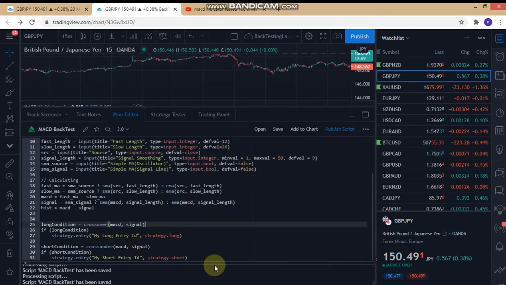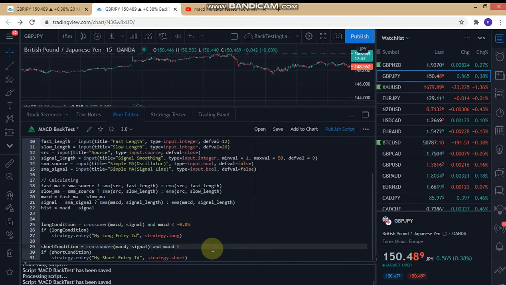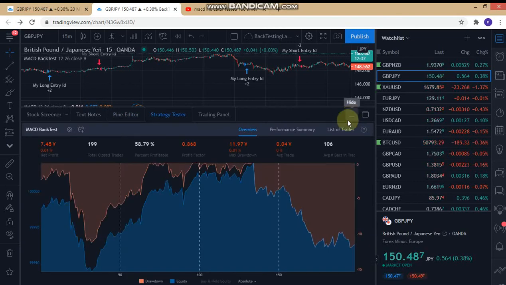So the long condition is MACD less than negative 0.05, and the short is MACD greater than 0.05. Save that, and that is pretty much the strategy. Add that to the chart, and it's not great. We got a 0.86 profit factor, a drawdown of